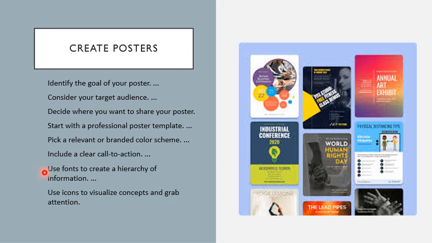Okay, use fonts to create a hierarchy of information. Fonts should be very prominent so that your data is visible, showing what you're actually telling about. Okay, use icons to visualize concepts and grab attention. You can use pictures and icons to grab the attention. You can see several types of posters over here. Okay,